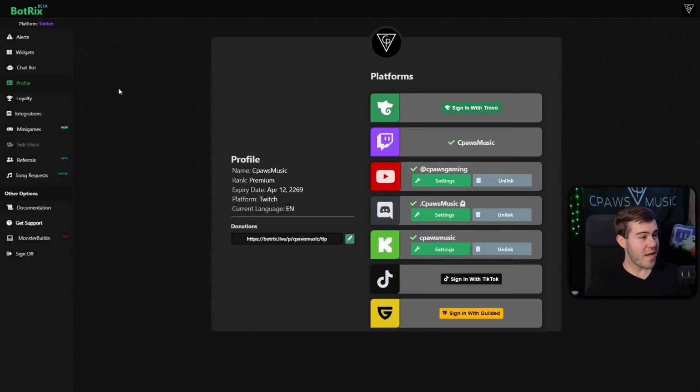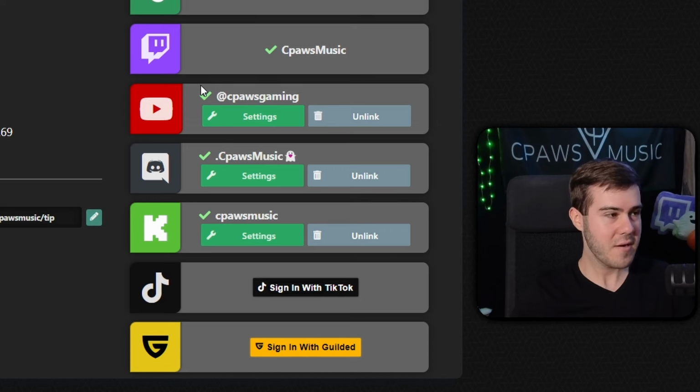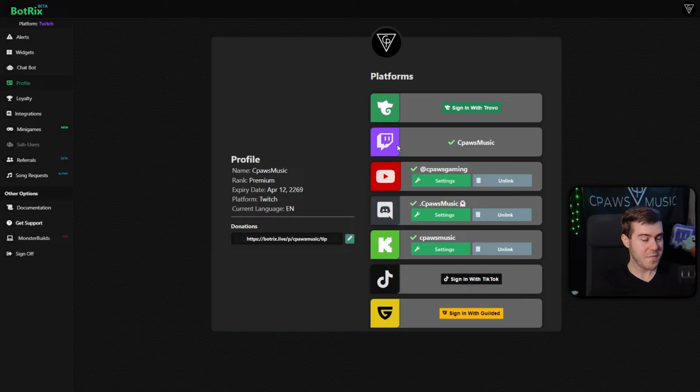Once you're in here, you'll navigate to the left-hand side where it says profile, and this is where you're going to link all of the accounts you'd like to multi-stream from. So for instance, I'll stream from Twitch, I'll stream from YouTube, and I'll stream from Kick. So I have all of those accounts connected here. Then once you have all of them connected and you followed everything it prompts you to, like modding Botrix in every single chat,